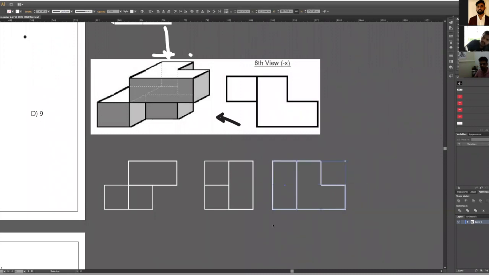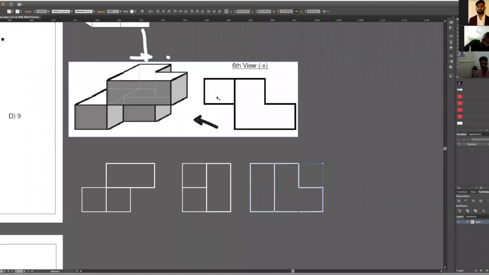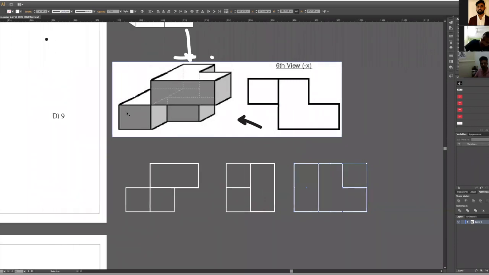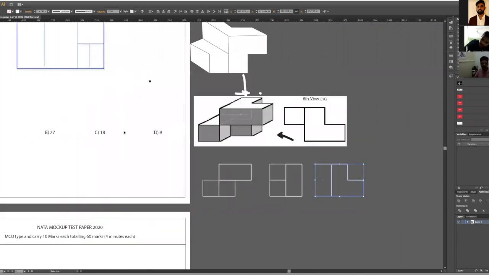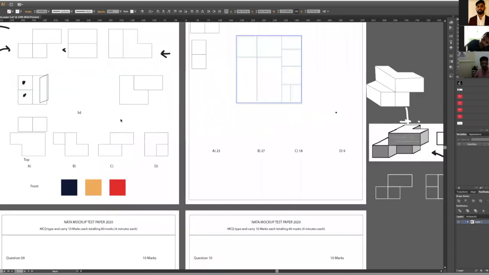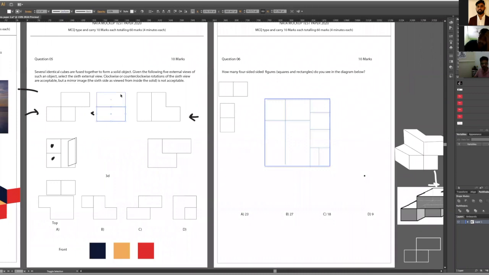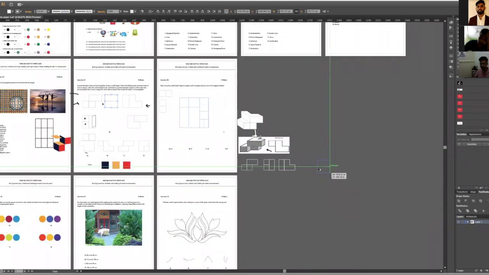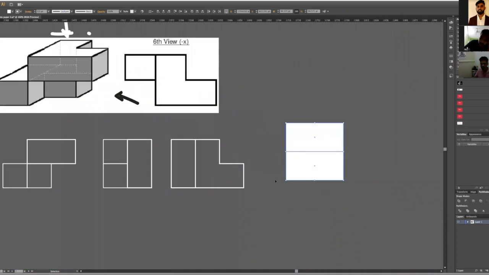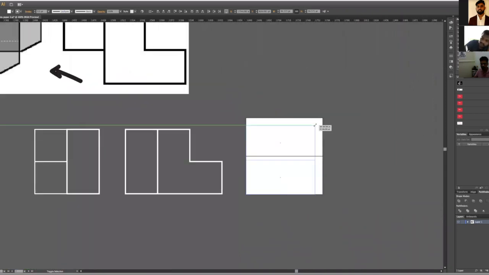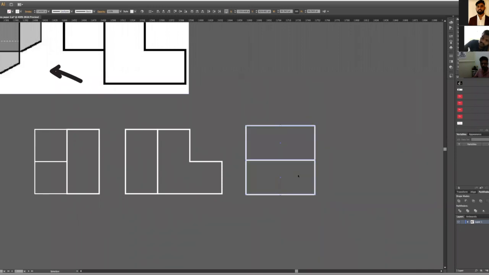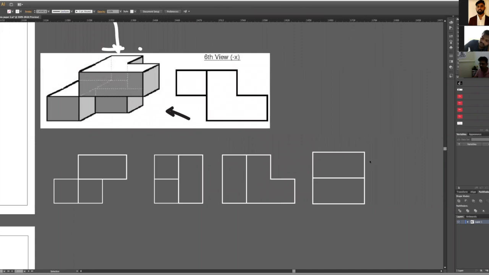Okay. Now we are done with the right side, front side, and top view. Now let's do this one from the left. So from the left, we all know that we have this as a structure. Are you guys clear with this one, how it came? If I look at it from that side.